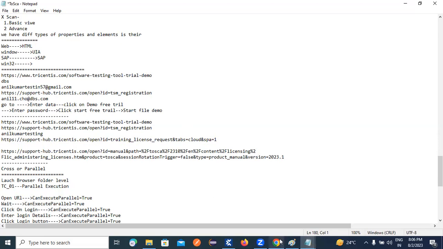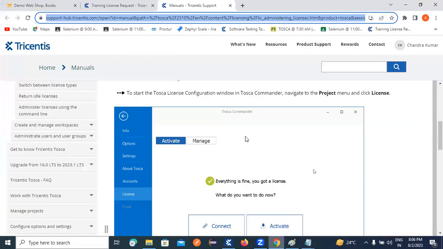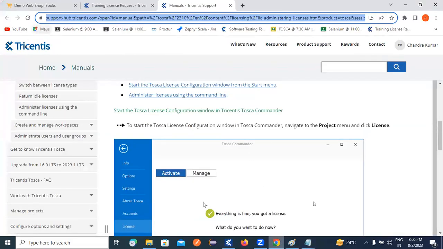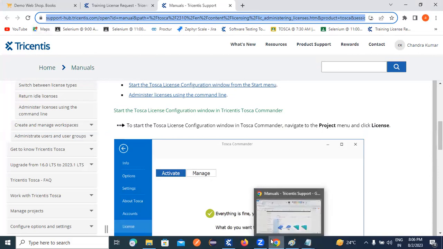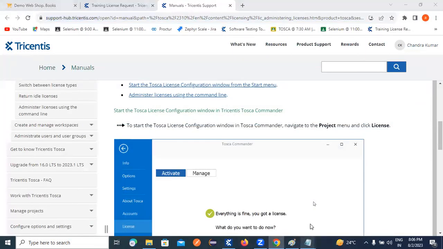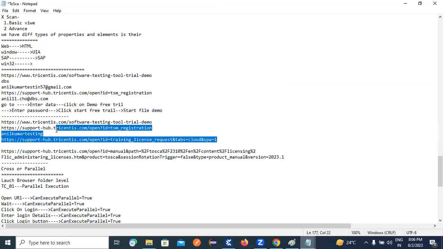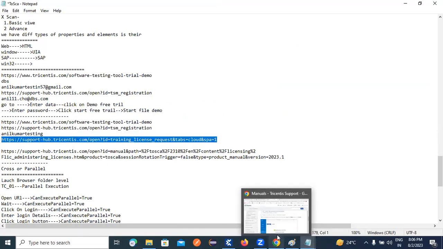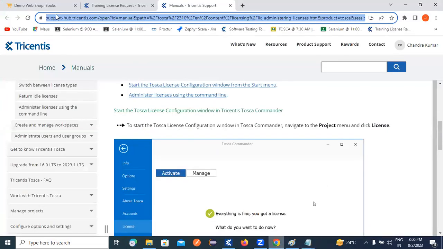Next line. If we want to get the license,